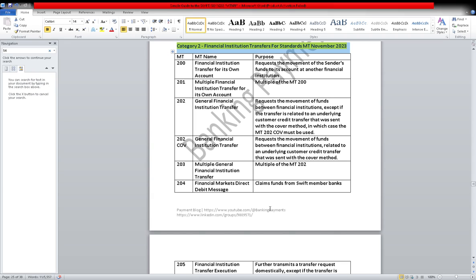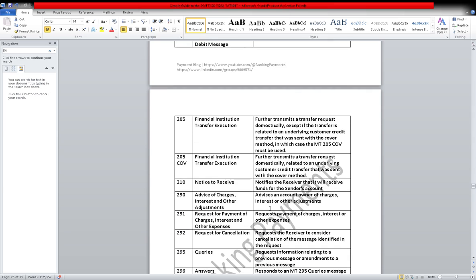Okay, for learning purposes we will see small amounts, but it is also a huge amount between two banks. Okay, so banks follow two processes. One is the customer credit transfer, meaning you are transferring money from your account, and it is moving from one bank to another bank. At the same time, banks may want to settle their current accounts, and at that time they send each other payments.